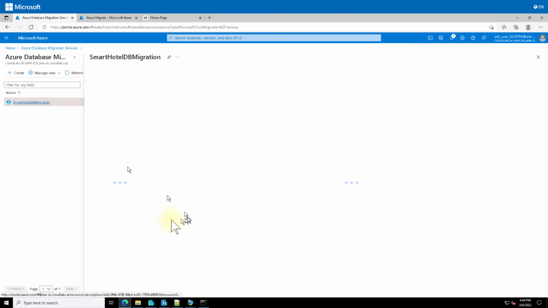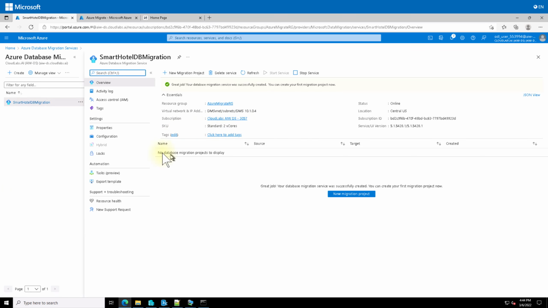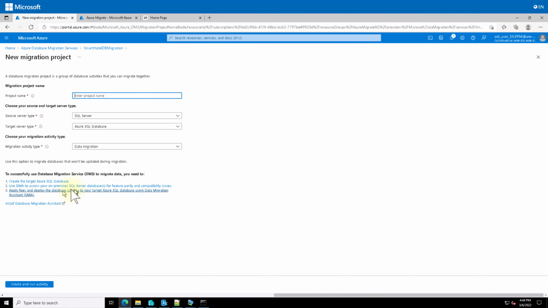There is now our database, and we need to create a migration project. What does it mean? It means that these will be exactly the commands to this migration service for what we have to do. It's the easiest part, but you have to plan it, because